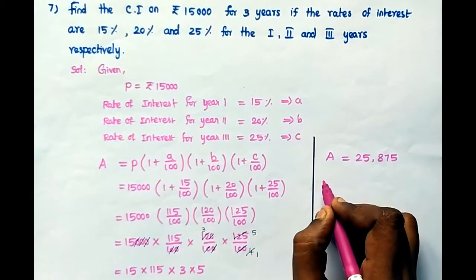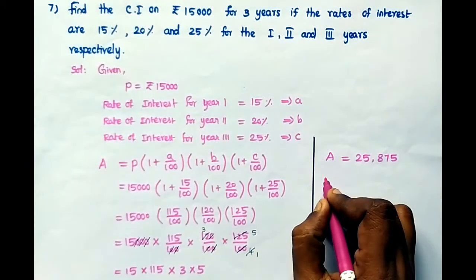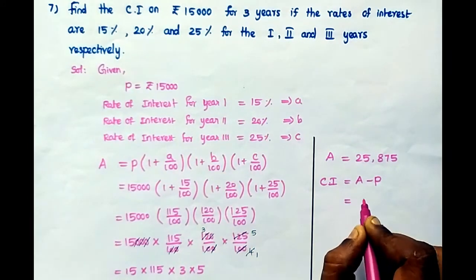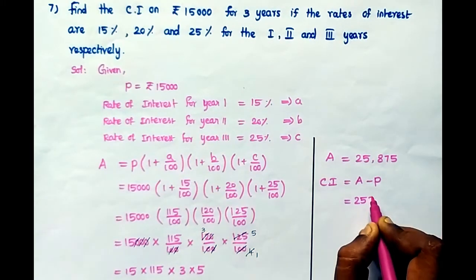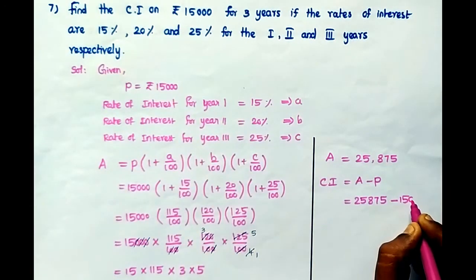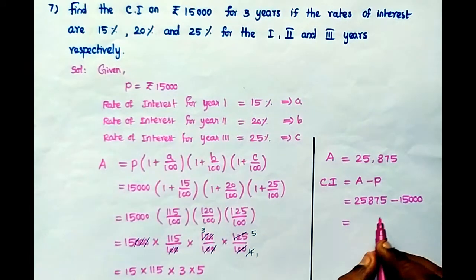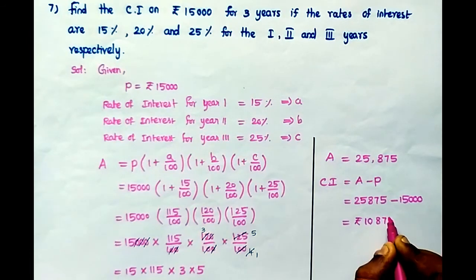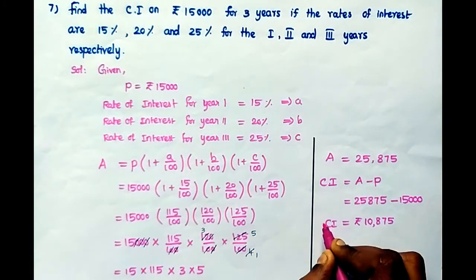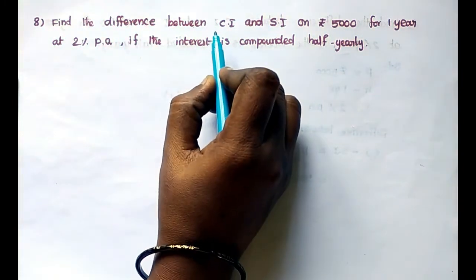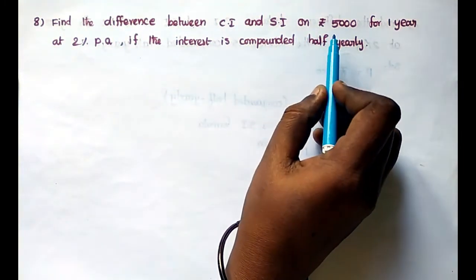That is amount. Now we want to find out the compound interest. So compound interest equal to amount minus principal, that is 25,875 minus principal is 15,000. Subtract these numbers means we get rupees 10,875, that is compound interest. That is the answer. Eighth sum, find the difference between compound interest and simple interest on rupees 5,000 for 1